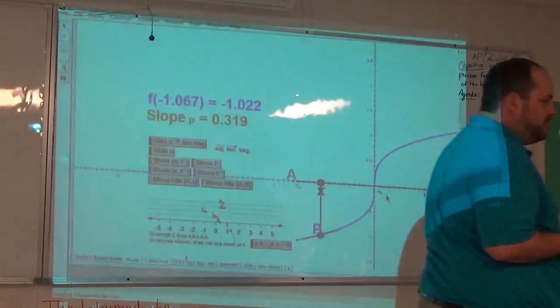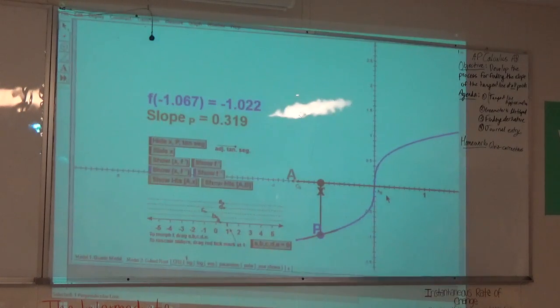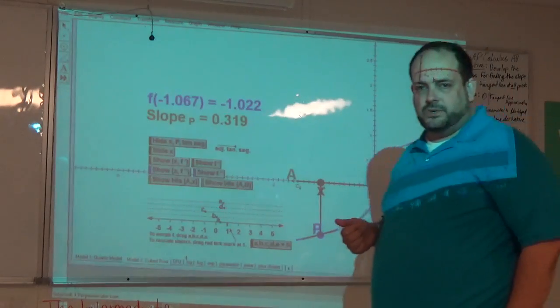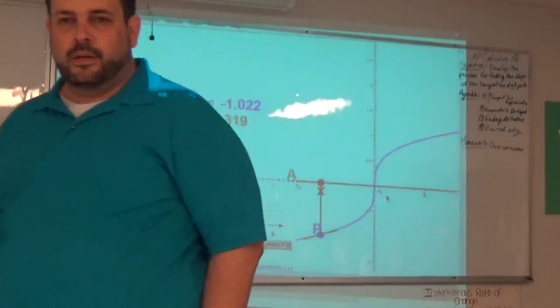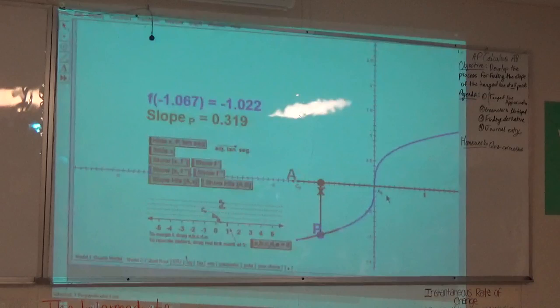Remember the connections we've already established. When the original graph is increasing, the derivative has to be positive. When the original graph has a horizontal tangent line, the derivative graph is going to be equal to 0. Oh, this looks like